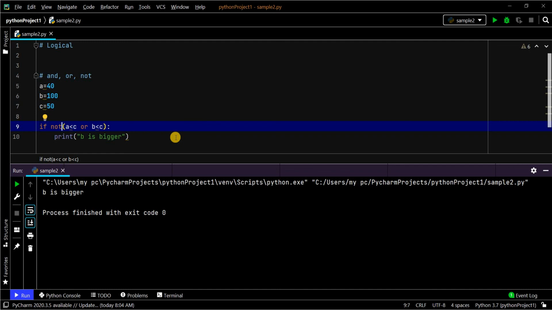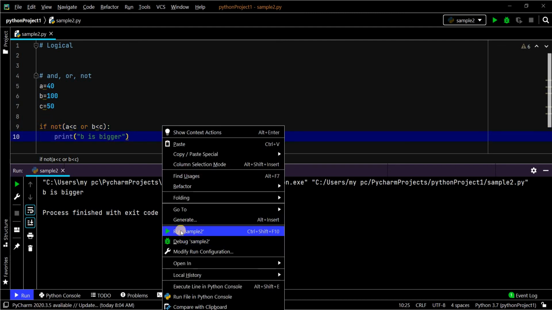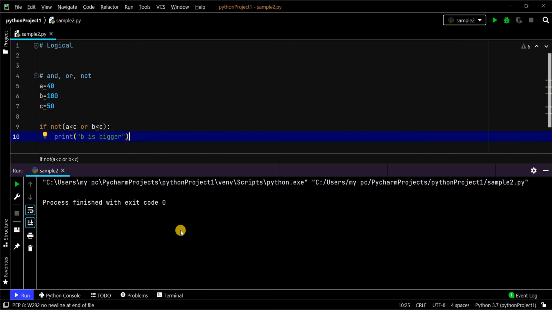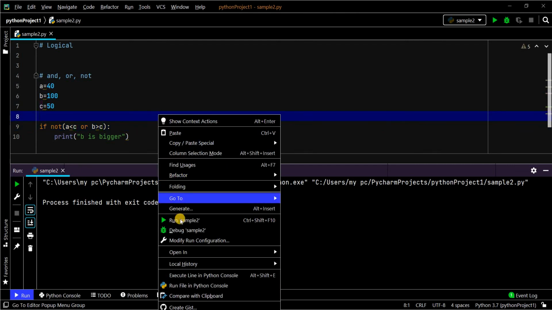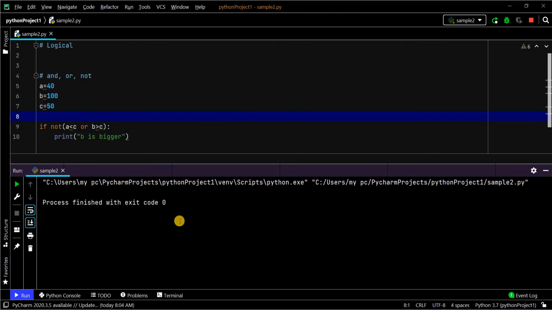So true or false, it takes always true. Reverse of true is obviously false. So if false, then it will not be executed. That B is bigger will not be executed. If you change the condition, then that will get executed.